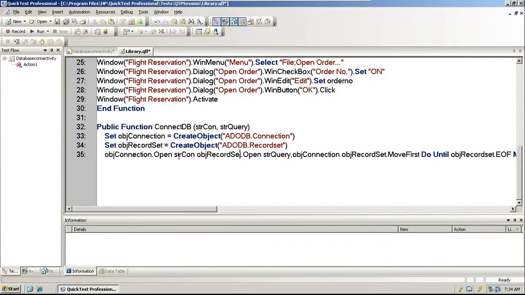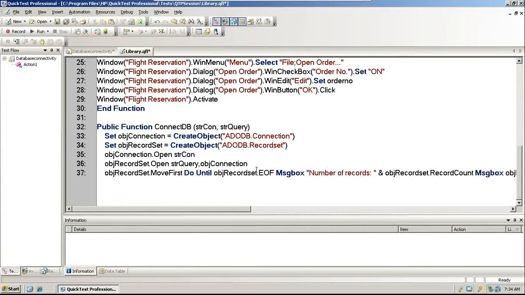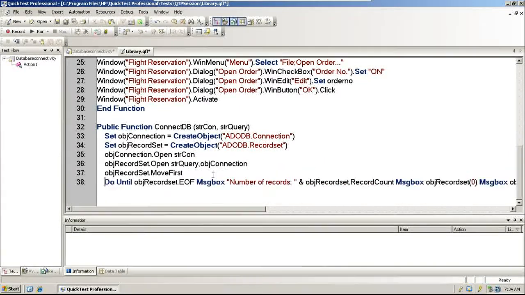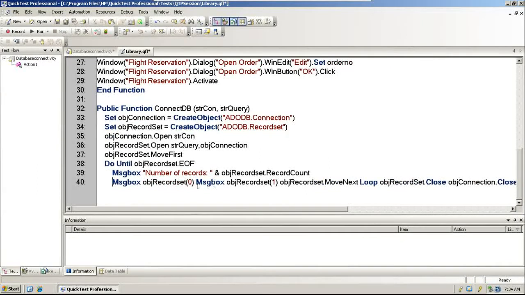Create object, that is over. Then we are starting the do until the end of the file is reached. Then you are just message boxing so that you can understand how many records are there.